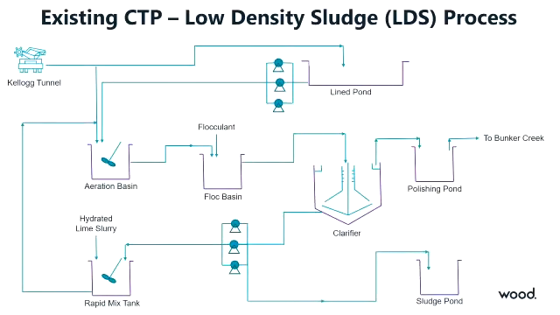This is a flow diagram of the existing CTP process. So the Kellogg Tunnel up in the upper corner would typically flow down into the aeration basin, just a lined basin built up. And that would get mixed with lime conditioned sludge that was mixed in a rapid mix tank that would flow into this aeration basin, neutralize to a pH of about 8.5 or so, and then flow through a flocculation process